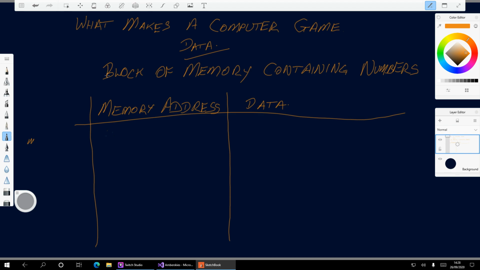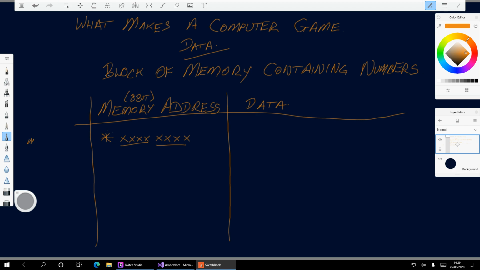So the memory address is, oh, we'll use a star, can't we? That's an 8-bit memory address.